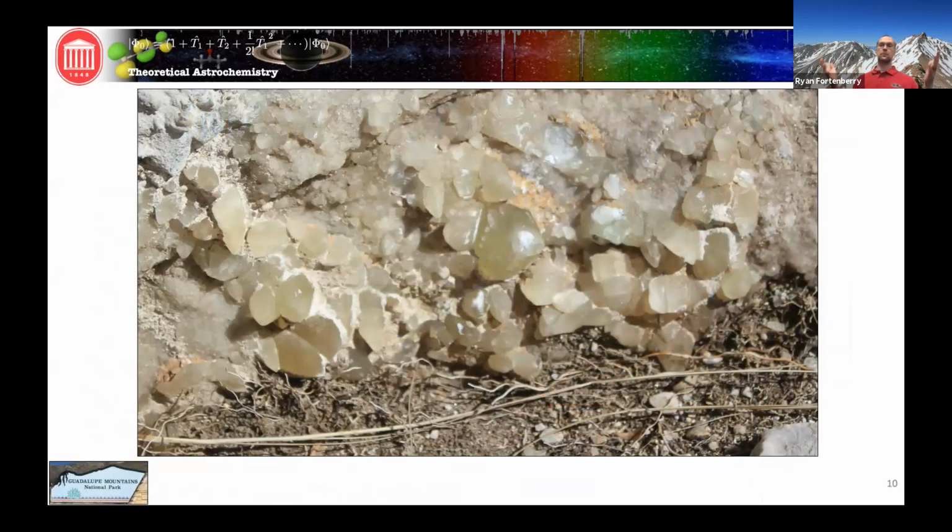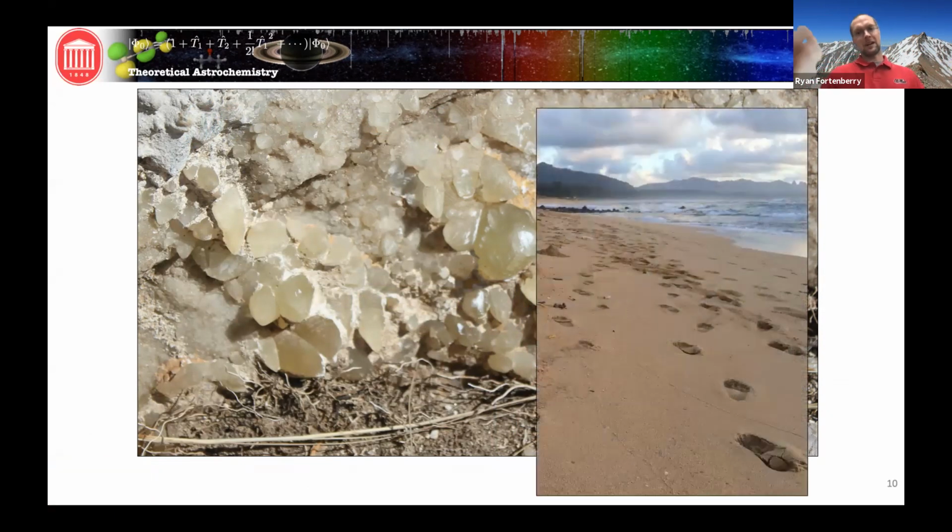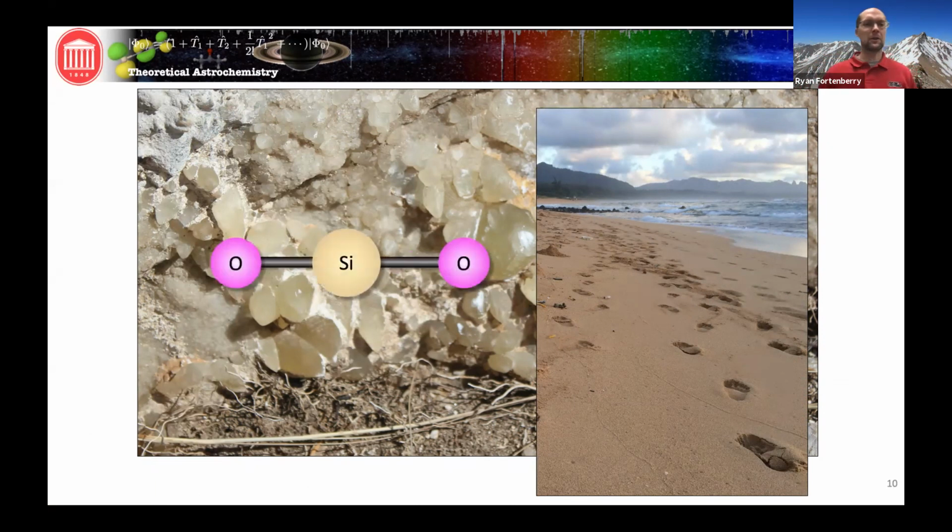Okay, what's another mineral that we have here on the Earth that's fairly common? Well, most of the rocks that we have are silicon dioxide. And here's a picture that I took when I was hiking the highest point in Texas, in Guadalupe Mountains National Park, where we've got some quartz. Now, of course, there's lots of forms of quartz, and one of my other favorite forms of quartz is this one, where we've taken quartz and ground it up, and that's sand. Of course, the monomer for quartz is silicon dioxide.